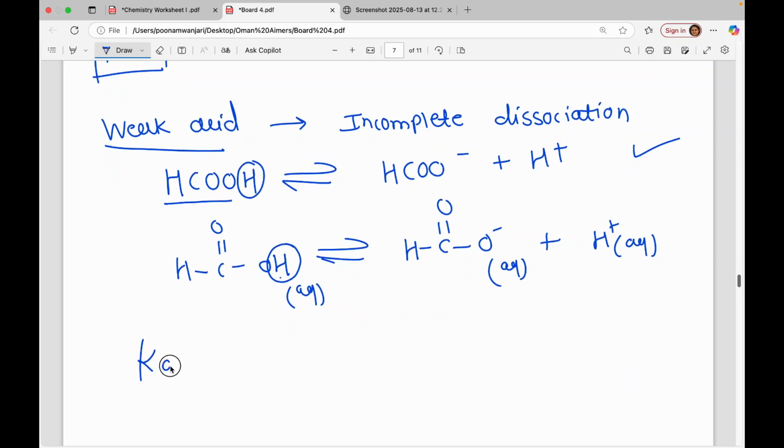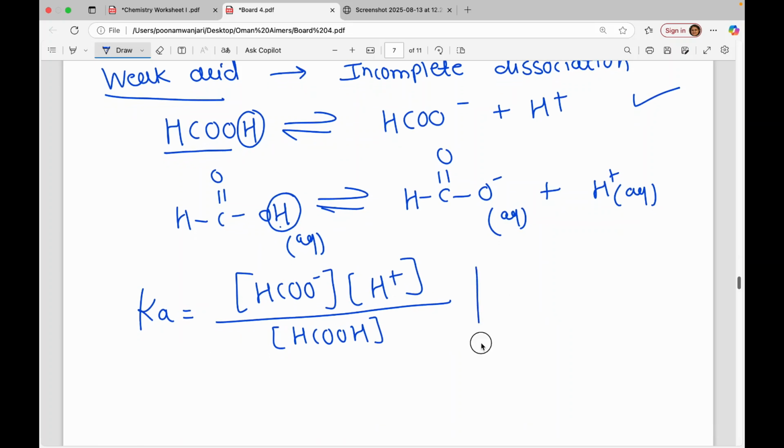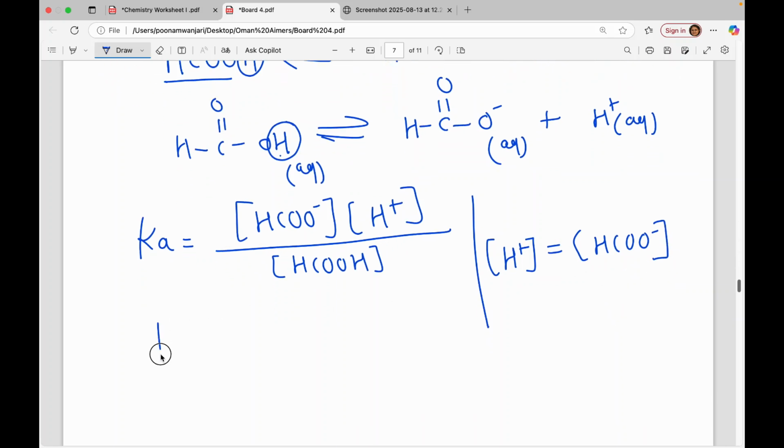So if you want to write down Ka, the dissociation constant, it is equal to, applying the law of mass action, the equilibrium constant, which is the concentration of products over the concentration of reactant. Now students, as we know that there is a very small extent of ionization, so the concentration of H plus is equal to the concentration of HCOO minus. So we are deriving the formula one more time. You can also directly use the formula. So H plus square